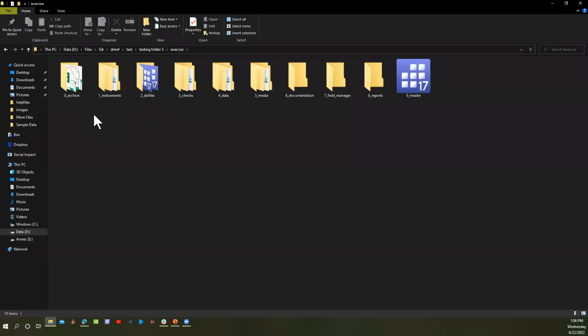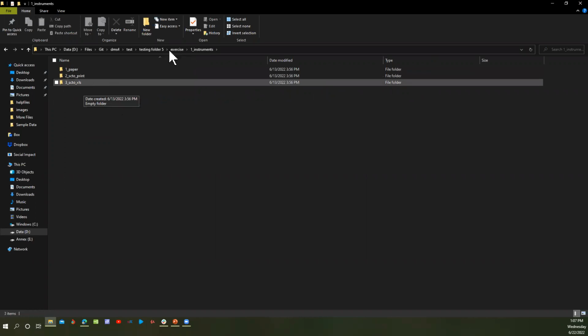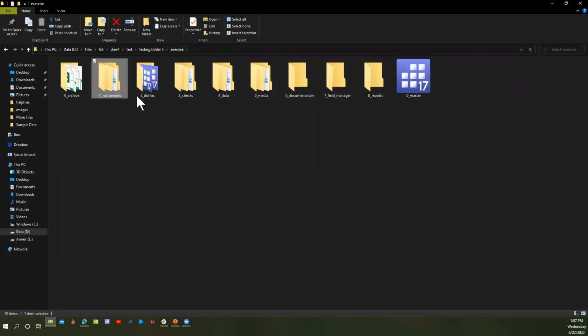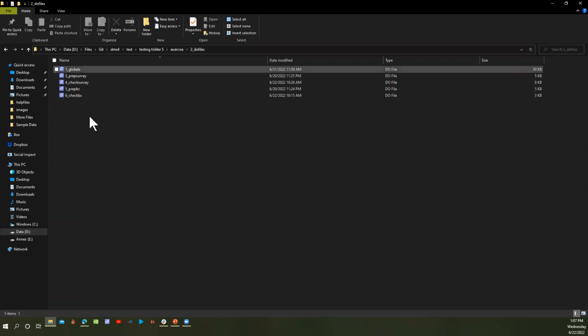So we have an archive folder, which is where you basically throw in anything that you know is not relevant, but you don't want to delete. Then we have an instruments folder, which is where you keep your instruments. And in here we have a paper version, there's SCTO print and the SCTO XLS, and you can just put your files in here. You would have to do it manually, of course. We have a do files folder, and we have do files that already come with the DMS when you run ipacheck new. So these do files, I already added them to fit your project.